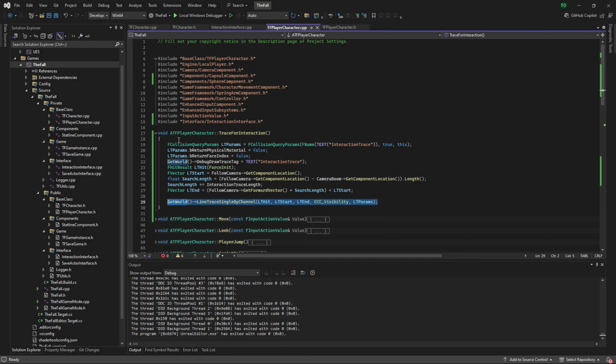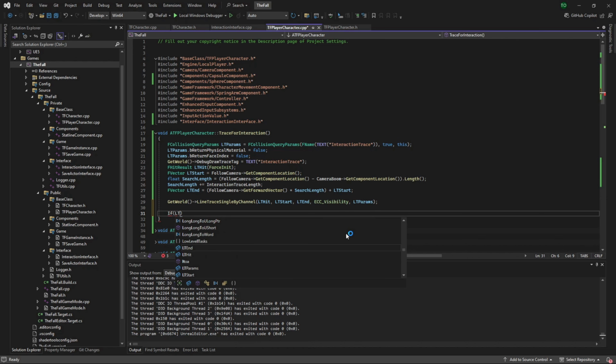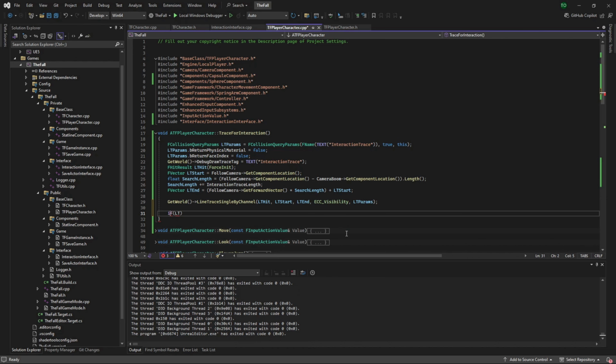We do want to finish off the rest of this logic here, and then we're going to want to create some actors that use our interaction interface so we can actually trigger this properly. So what we're going to do now is check to see if our line trace actually hit something. So if line trace was it LT hit dot bBlockingHit,